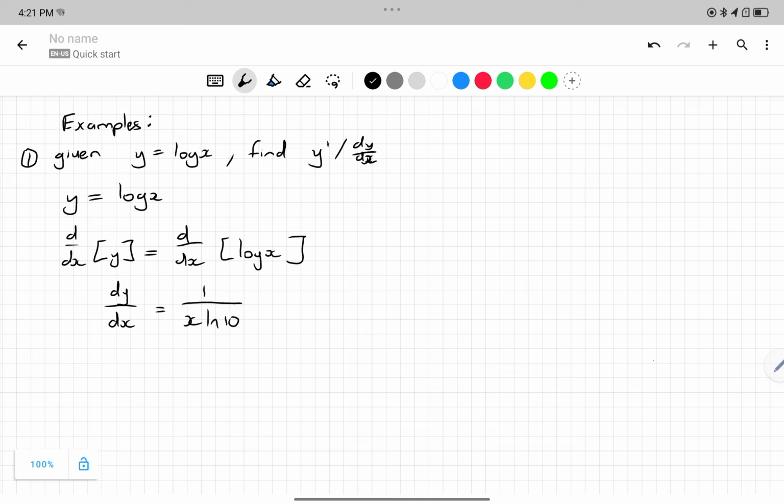Then we have number 2. Given the following, y is equal to log base 10 of 2 plus cos x,